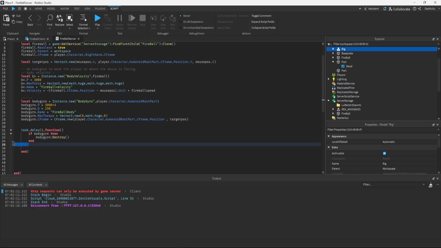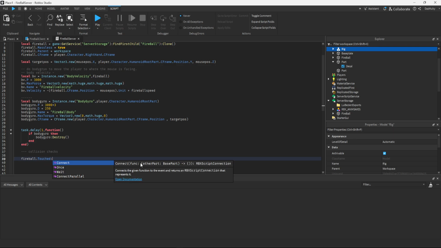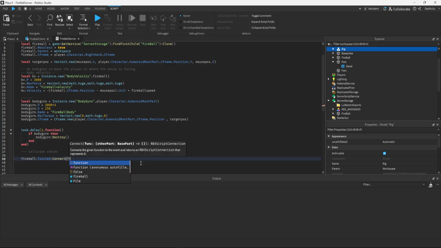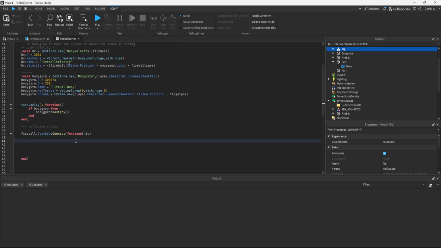Okay, so now that we've got this, we need to do the touch event stuff. So I'm going to be using touch event for the actual stuff. Underneath our task delay, we're going to do the collision checks. Pretty much how this is going to go is we're going to need to set up a touched event for the fireball. So we have access to our fireball, so we're going to do touched. We're going to connect it to a function, and we will do a hit. Okay, so fireball